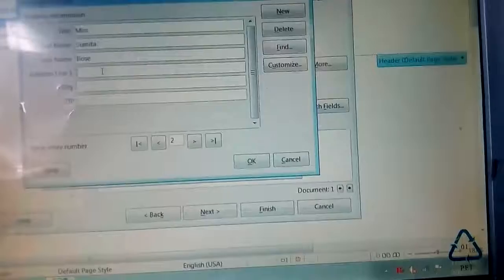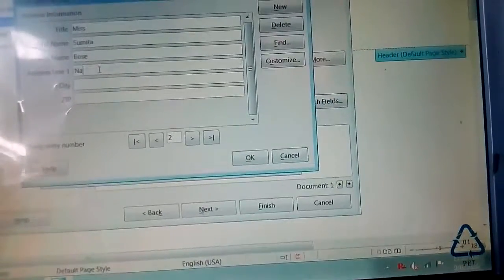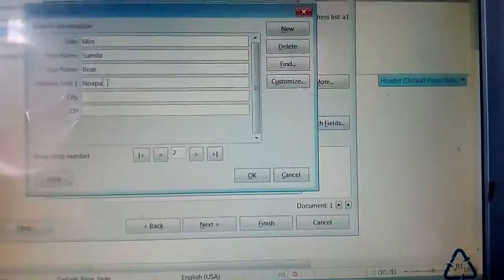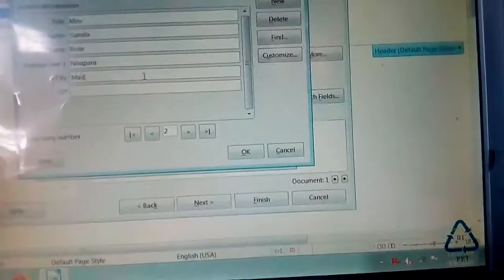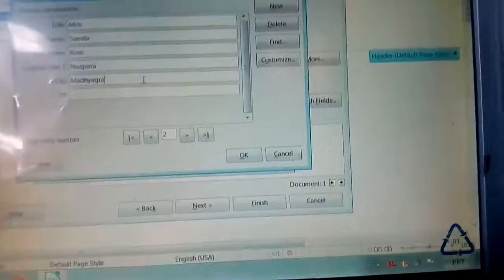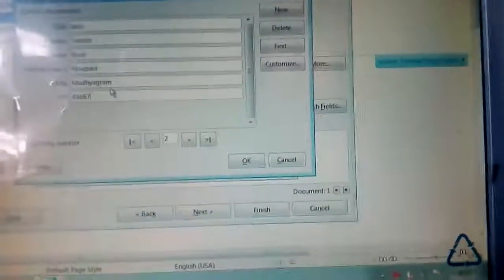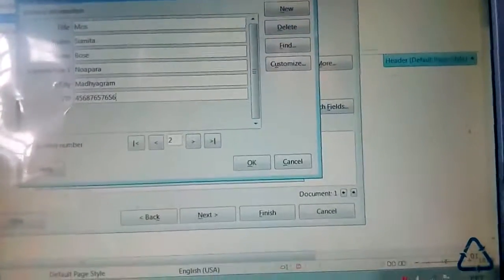Suppose city Madhyamgram. Anything you can give here. I am just giving you an example. This one is your zip code. In this way you can create.